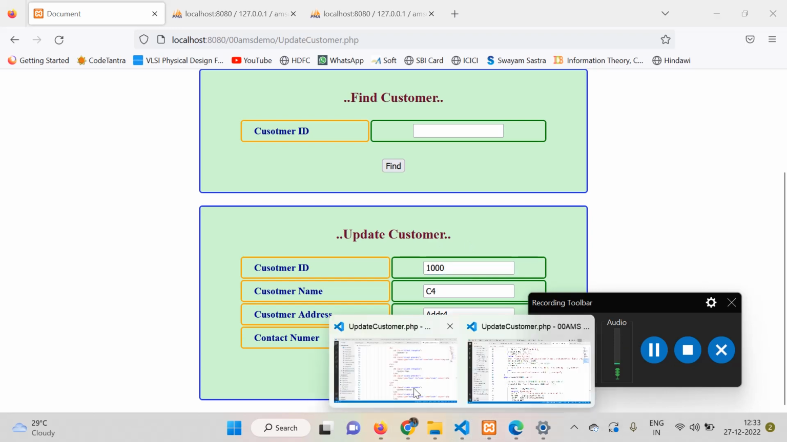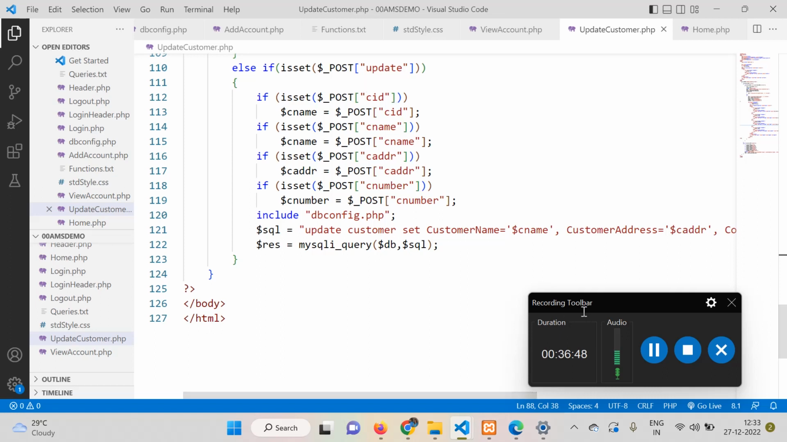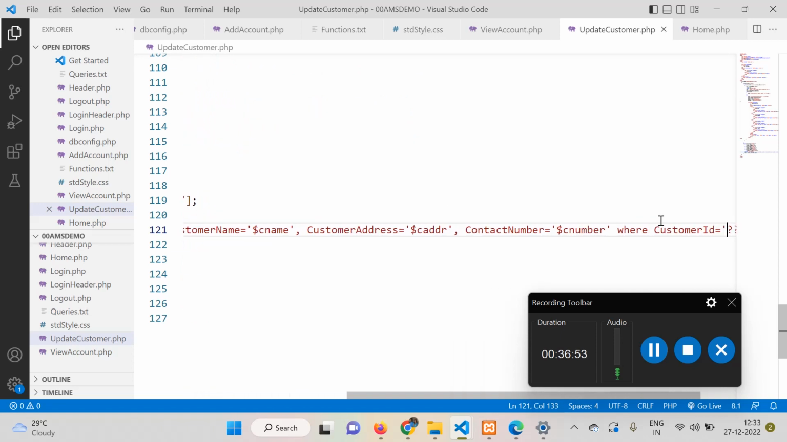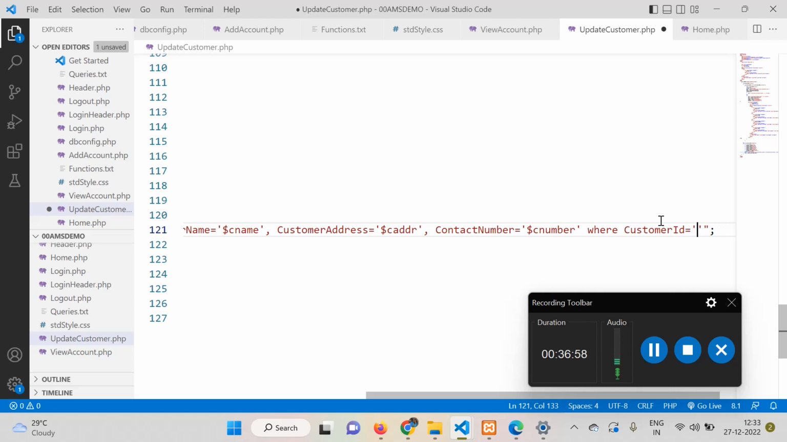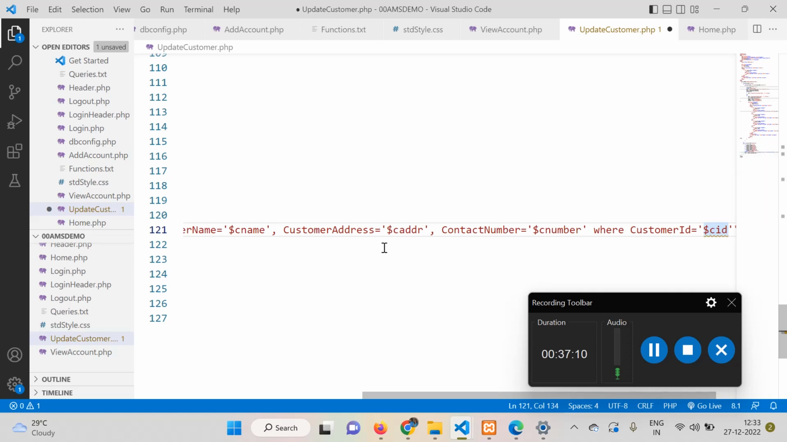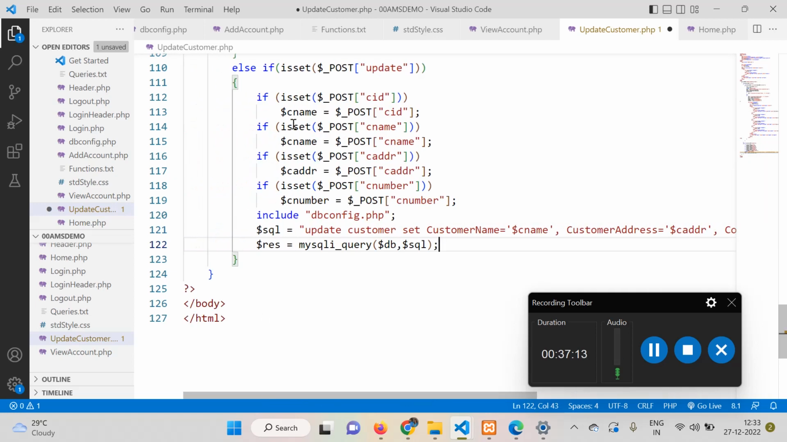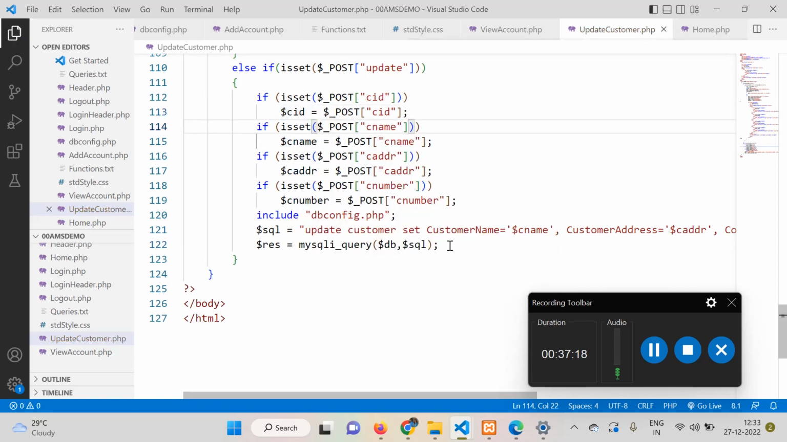Okay, so come to this code, submit button. We received the customer ID also. So in that update query I need to use customer ID equal to dollar C, the question mark replaced with dollar C. So that needs to be equal for here. Customer ID is empty, so here I have used CID. Okay. So now